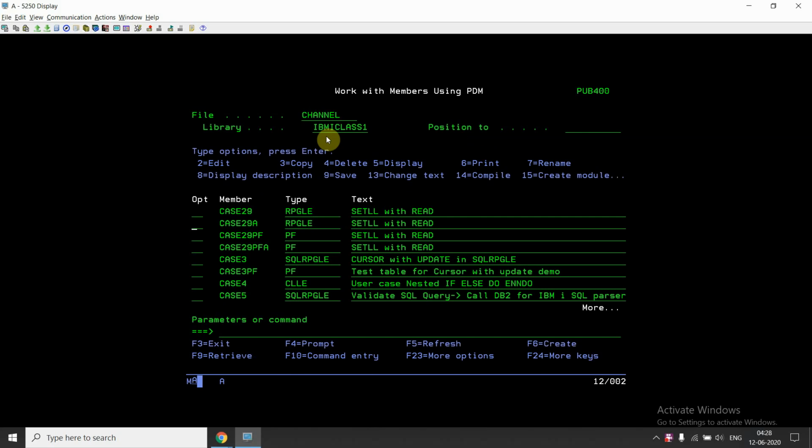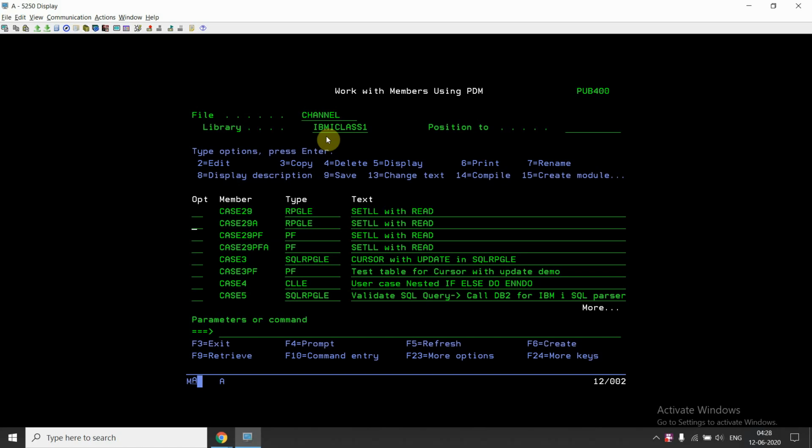So this is the case which we refer to. Here we saw that using setll we set the pointer on some lower limit value, and then we read the file, right? So in case of a non-keyed file, we can set the pointer using the RRN. Either we can set the RRN pointer on the first record or on any record based on the RRN.